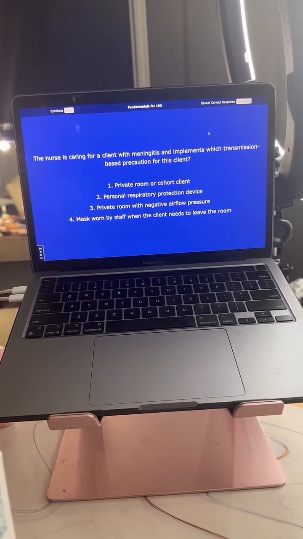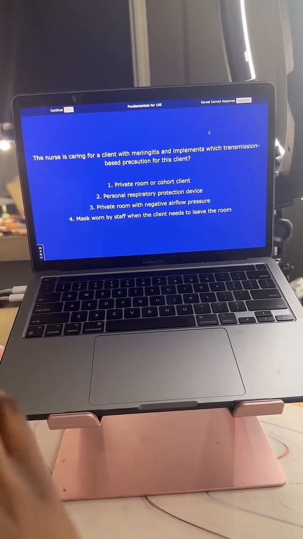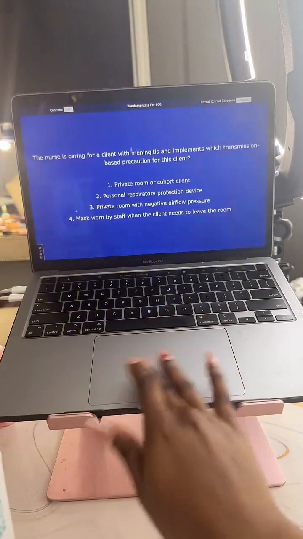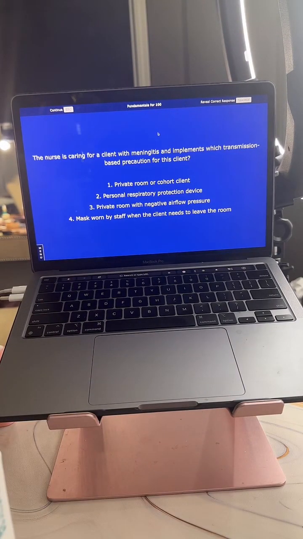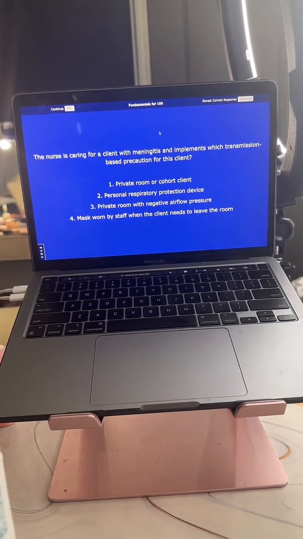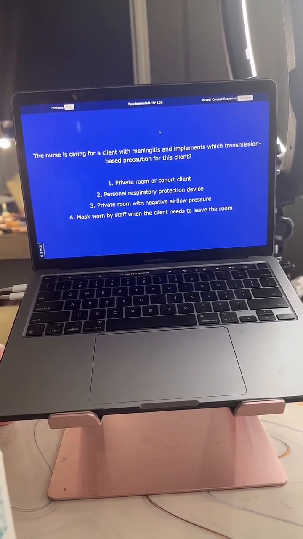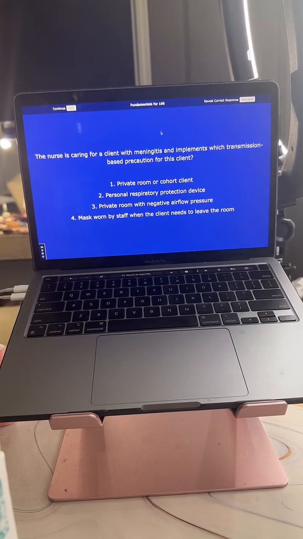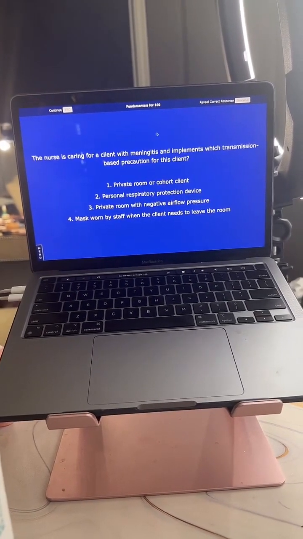All right. So let me see what you guys are saying on both TikTok and Instagram. I'm seeing what is 1. Oh, I'm actually seeing a healthy mix, honestly. I'm seeing 1s, 3s, and 4s, and people are saying airborne and droplet. So I'm not sure which one it is as far as what you guys are saying. Lexi said, what is 2? Airborne and droplet. Meningitis is standard. Droplet precautions. All right, let's go ahead and see what our answer is.